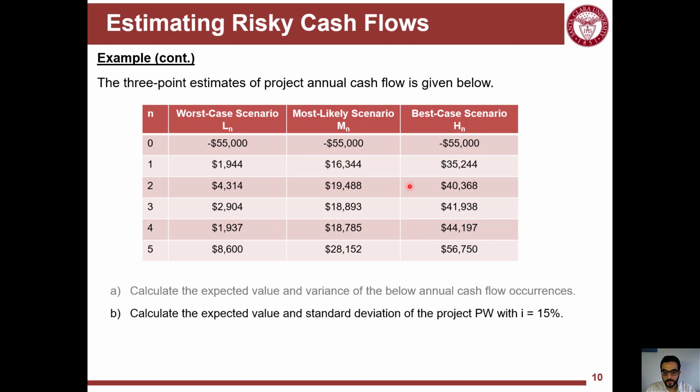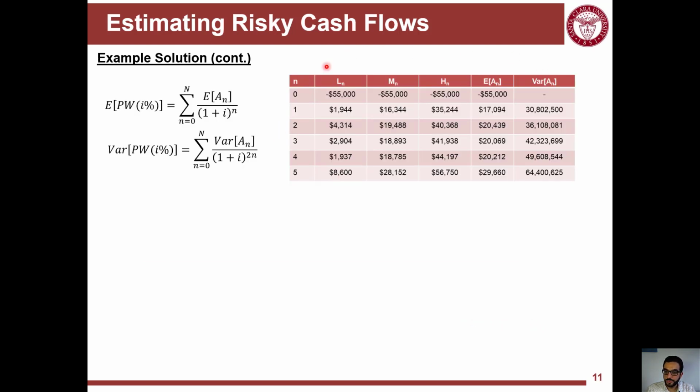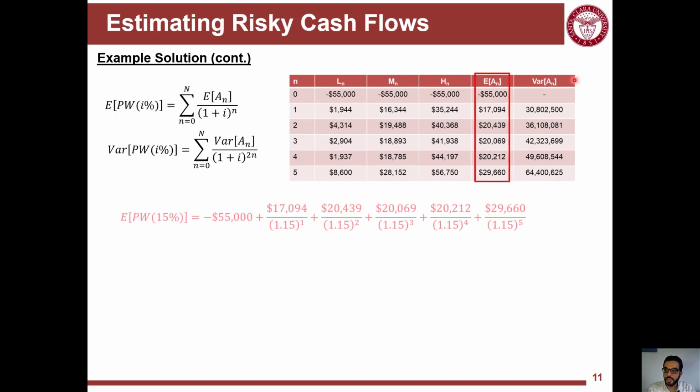Continuing with part B of it, we want to calculate the expected value and standard deviation of the project present worth, setting i equal to 15%. So this is what we had from part A, and these are the formulas we'll apply. The first one is the expected present worth, which is basically analyzing a cash flow and bringing it to the present, but now analyzing not all of these values, just the expected values of them. And when you do the discounting here, you'll end up with the expected present worth at 15% to be